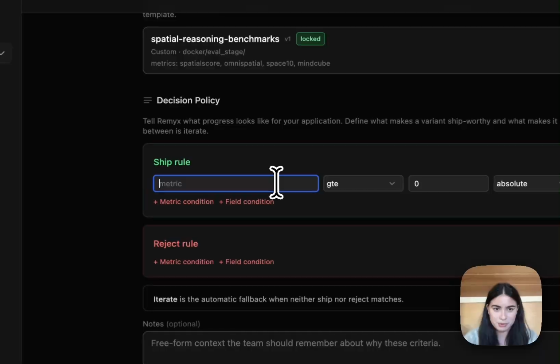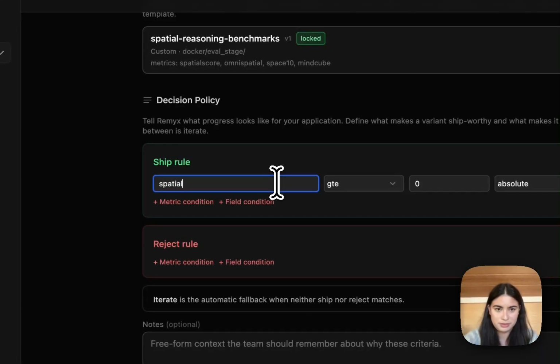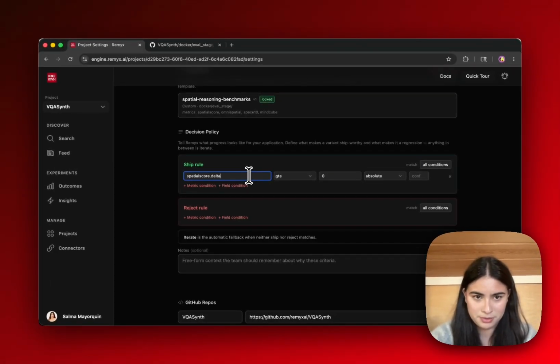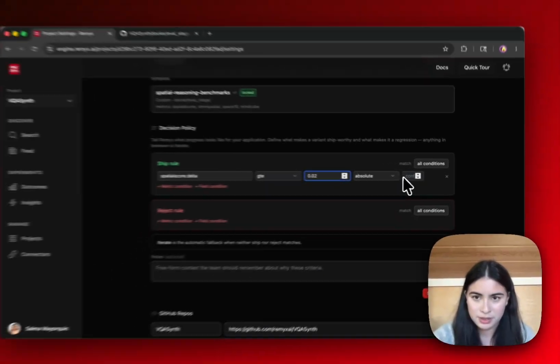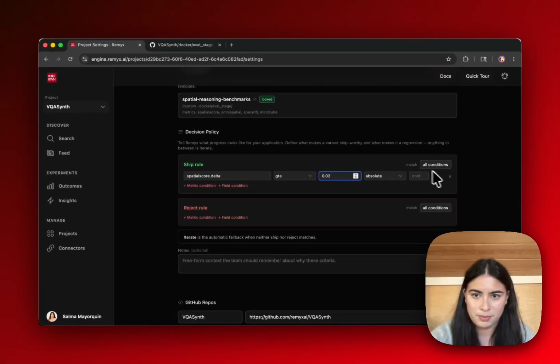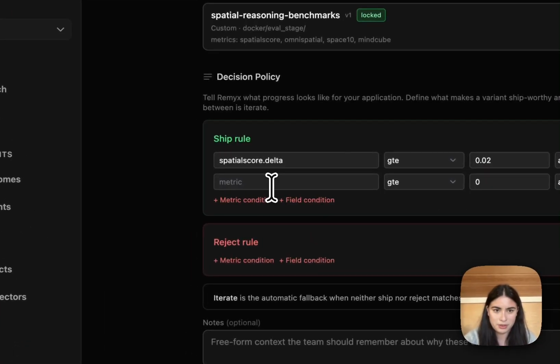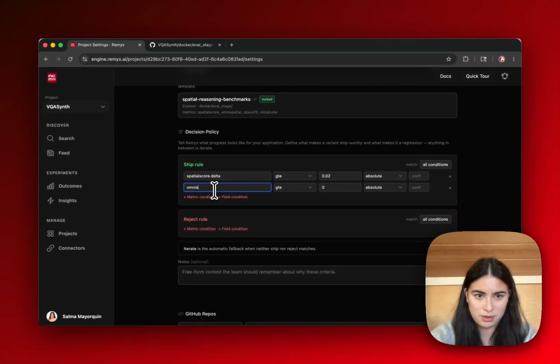So I'm going to add for my ship conditions, I'll say the spatial score delta should be greater than or equal to 0.2. And then we can add another one if we wanted to. So let's say we also want to make sure that the omnispatial delta is also greater than or equal to